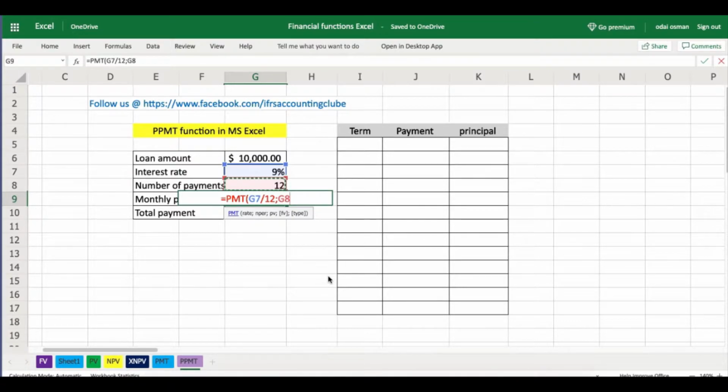and the present value of the payment is 10,000. Then comma, the future value is 0, so we enter 0. We don't have a future value. The type means whether the payment should be at the end or the beginning. This is 0. So the monthly payment is